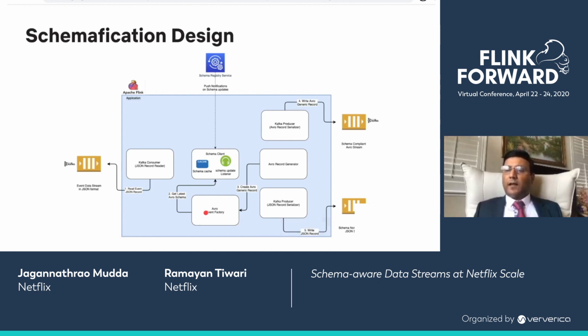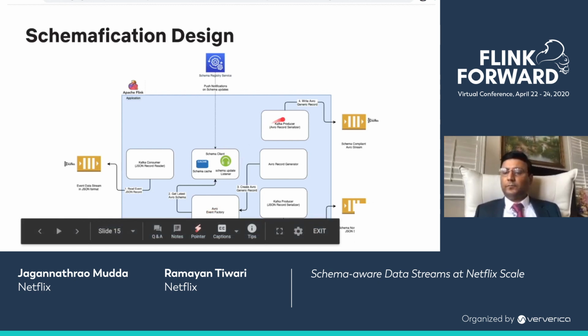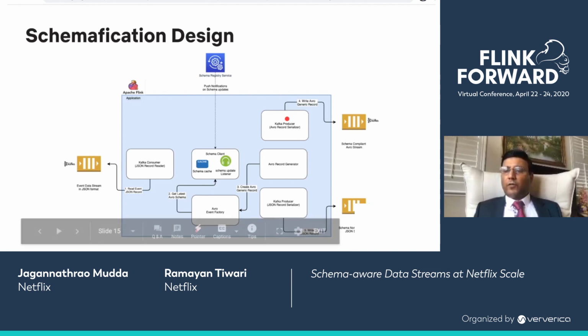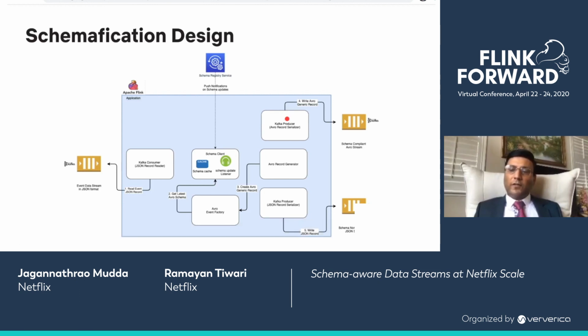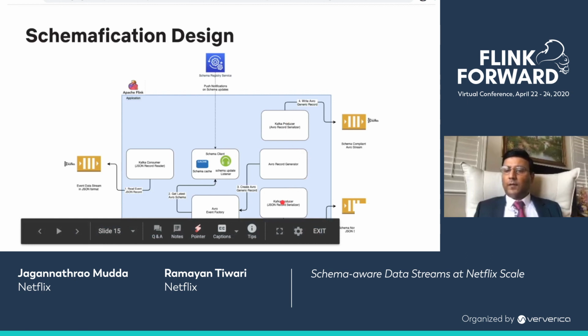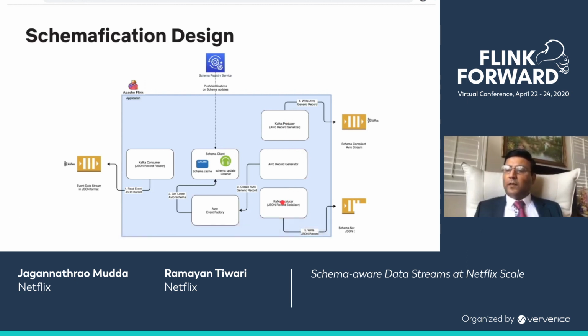This record is further enhanced and serialized using Avro record serializer. If there are any issues like data type mismatch while creating the Avro record, then the original JSON record is returned back. That JSON record also goes through the regular enrichment and finally serialized using JSON record serializer. This is how we are doing the schemafication on server side. The major design challenge for this phase is taken care by schema client, which is getting the schema updates without disrupting the application.